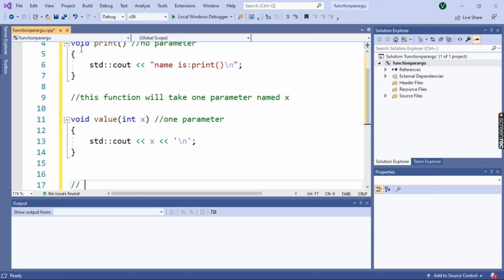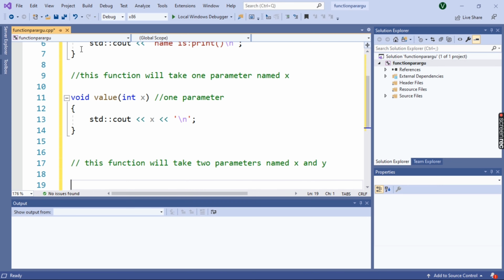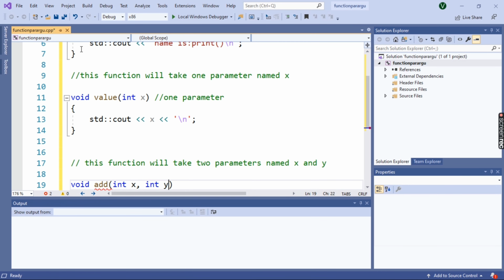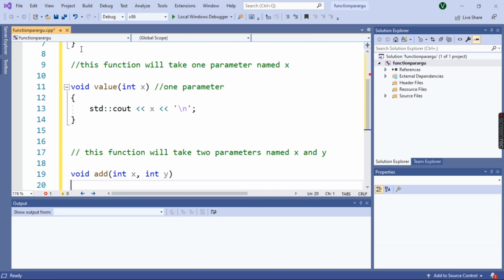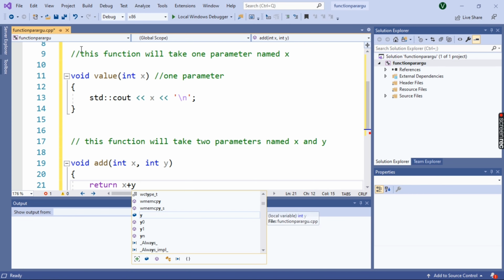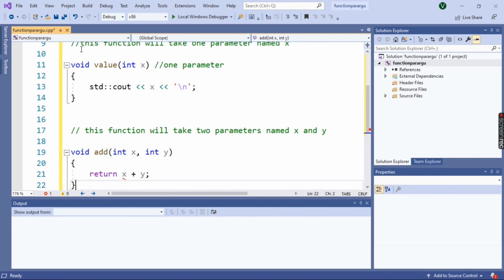Next, I'm going to write a function that will take two parameters named x and y. So I'm making another function, the add function. The function name is add and the type is void, and the parameters are int x and int y. These are the two parameters. Then in the function definition, return x + y and then semicolon.